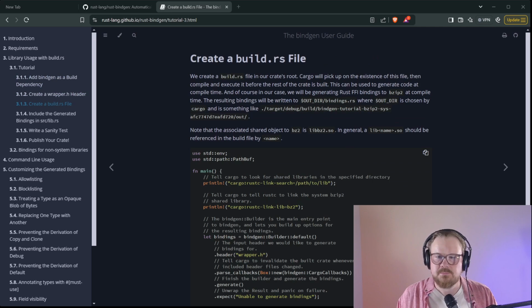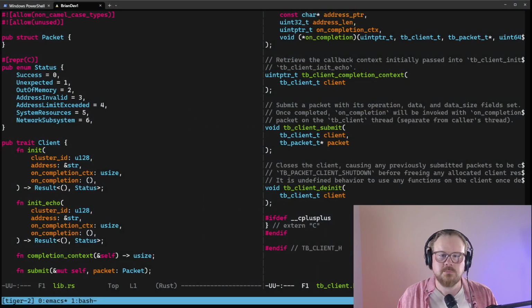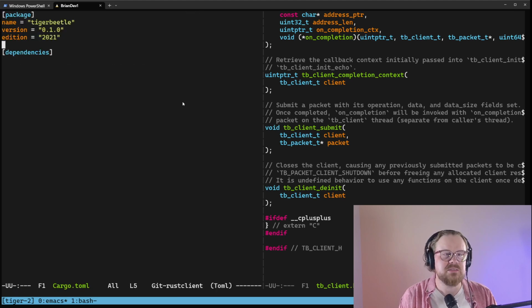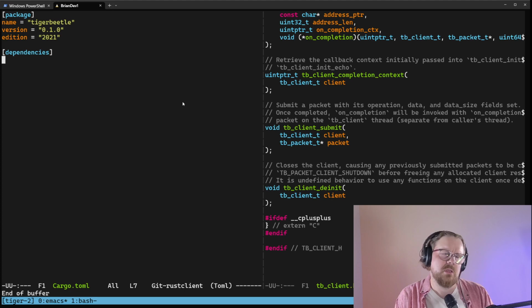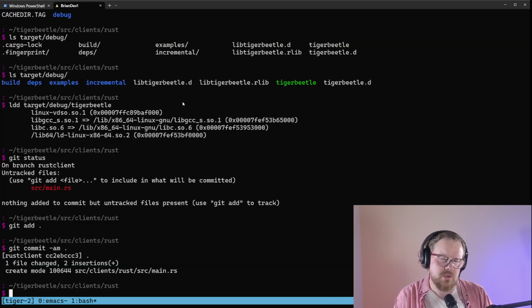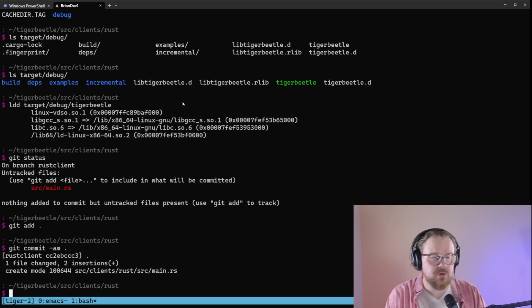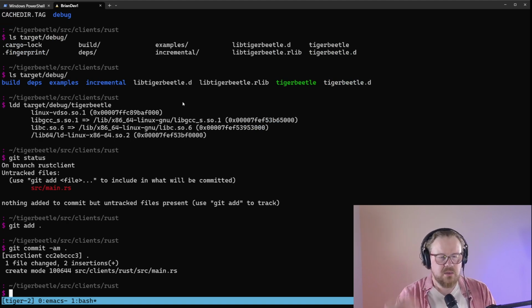All right, so let's go back to our code. And we need to add it to our manifest, Bindgen. We have dependencies here, which is empty. Then we're going to have build dependencies. And normally I kind of just edit this by hand, but Cargo comes with a bunch of commands, and you can download more commands to kind of programmatically edit the manifest. So I'm going to try that just to show it. I'm going to say cargo add bindgen